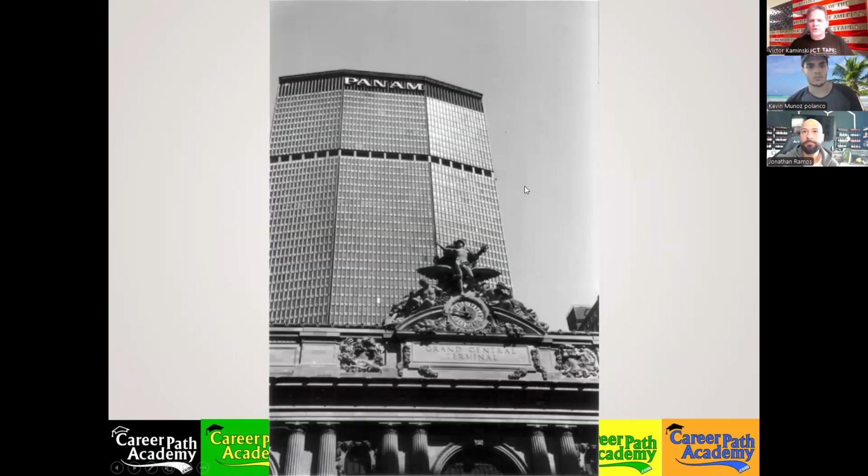Why did they construct this building? Anybody know? Why did they go through all these issues and zoning and everything and trying to deal with the Historic Society on this so that they could construct the Pan Am building above Grand Central Station? I mean, it's not a bad location. No, it's not, but you got a little more reason behind that? Do you know why they may have built that?